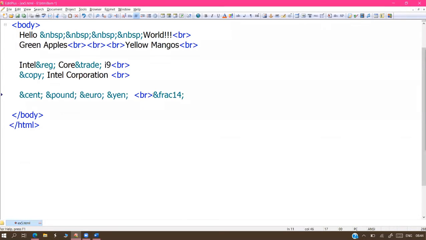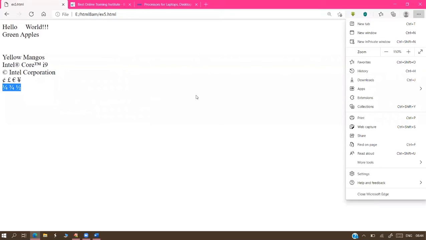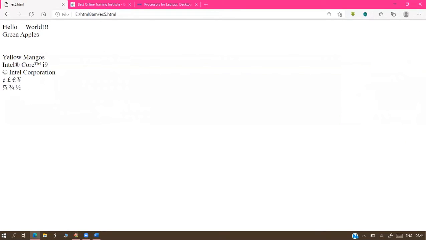I need the fractional part, sir. This is the fractional part, 1 by 4. Another fractional part, 1 by 2. Another fractional part, 3 by 4. Can we directly type it, sir? No, we can't directly type this. See that appearance. We are unable to type it. If you are able to type it and the browser runs it, there is no problem. But for 1 by 2, as per my point of view, the keyboard does not support it. On paper, we can write it with a pen, but the system does not support this.